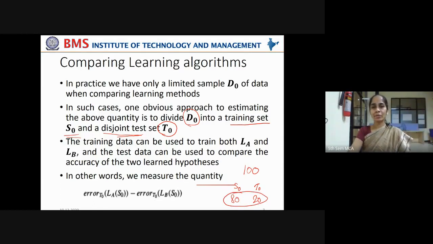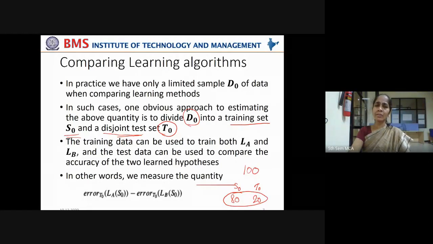Or say symptoms of patients are given. Having dry cough, yes or no. Having cold, yes or no. Having temperature, yes or no. Having say weight loss, yes or no. These are all the symptoms, attributes. Now for them labels are given, whether the patient is diagnosed positive or negative, yes or no. Whether he has acquired the disease, yes or no. Okay, these are the labels. In such cases, say you have 100 patient data. From that, you divide the data set into a disjoint training set and test set.